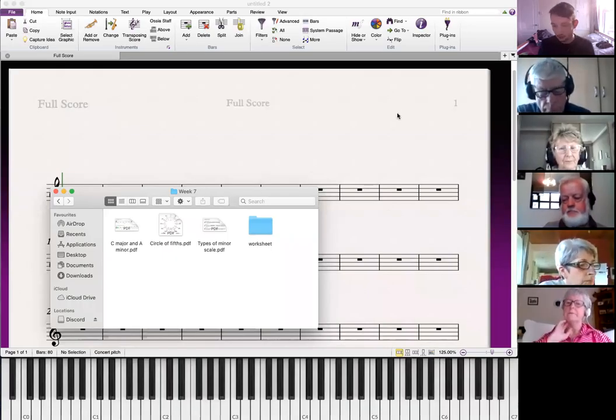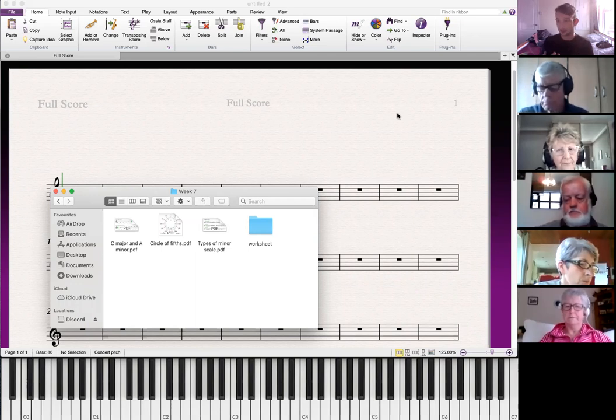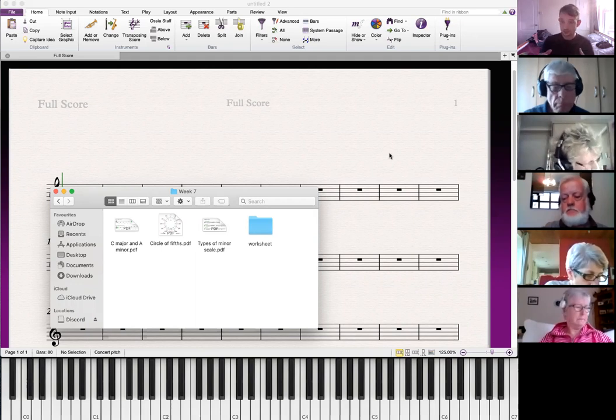So what I'm going to do is hark back a little bit to last week. I'll probably bring up the circle of fifths again and reiterate basically the same things that I said last week, but in a little bit more detail. So minor scales. Now, we all know what major scales are, which is your tone, tone, semitone, tone, tone, tone,